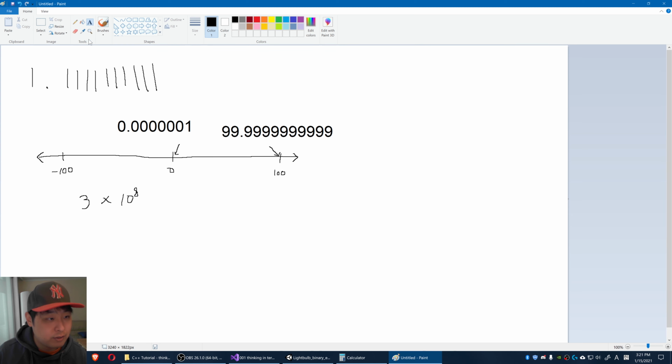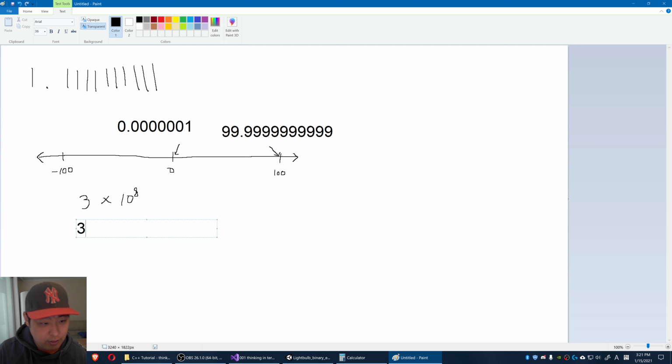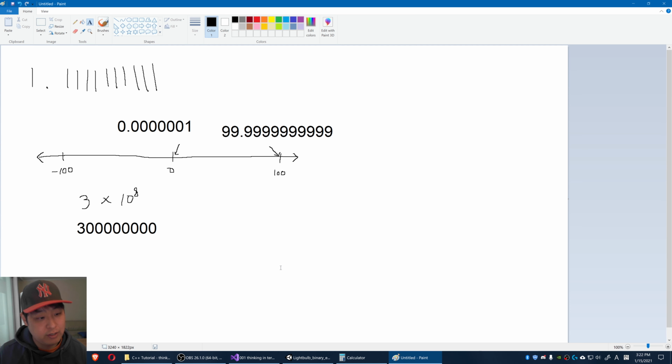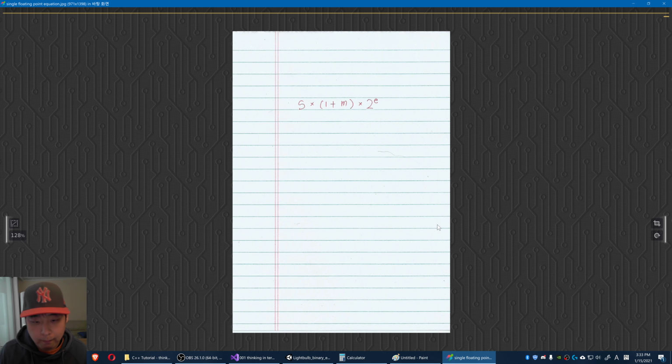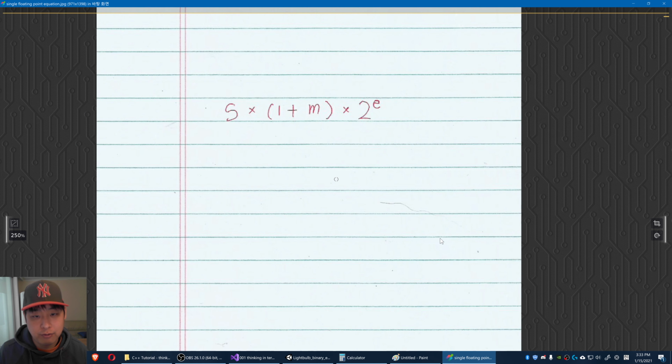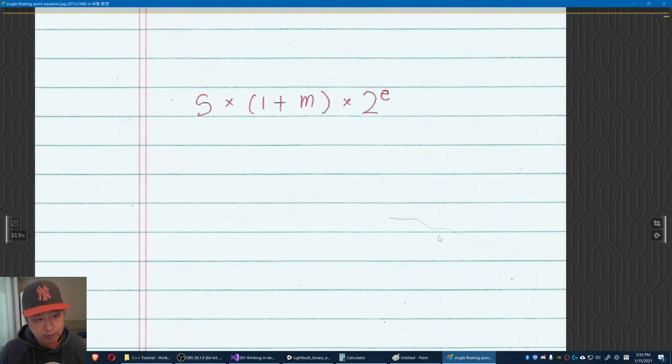This is the same as writing 3 and 8 zeros: 1, 2, 3, 4, 5, 6, 7, 8. But with scientific notation, you can tell that we're using significantly fewer numbers, even though we're expressing the same value. With a limited amount of ones and zeros, we use this equation to express fractional values. This is not going to give you the actual real number that you want, but instead it's going to give you something that is very close to the real number.